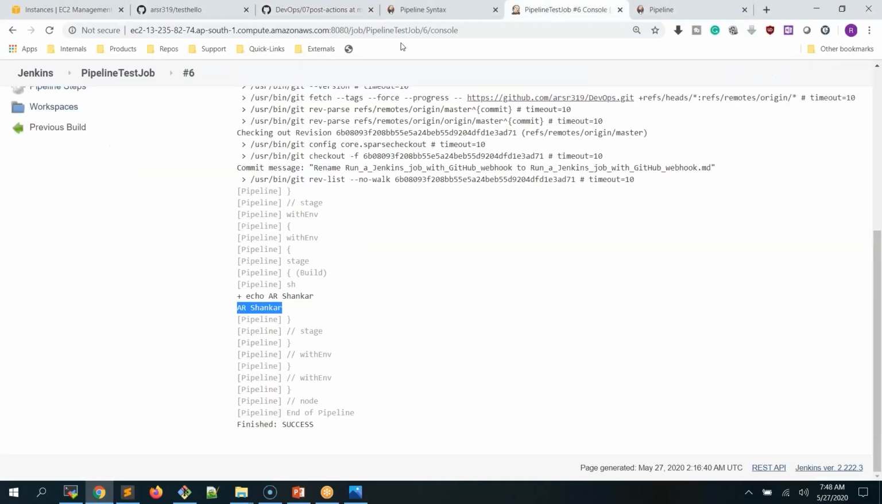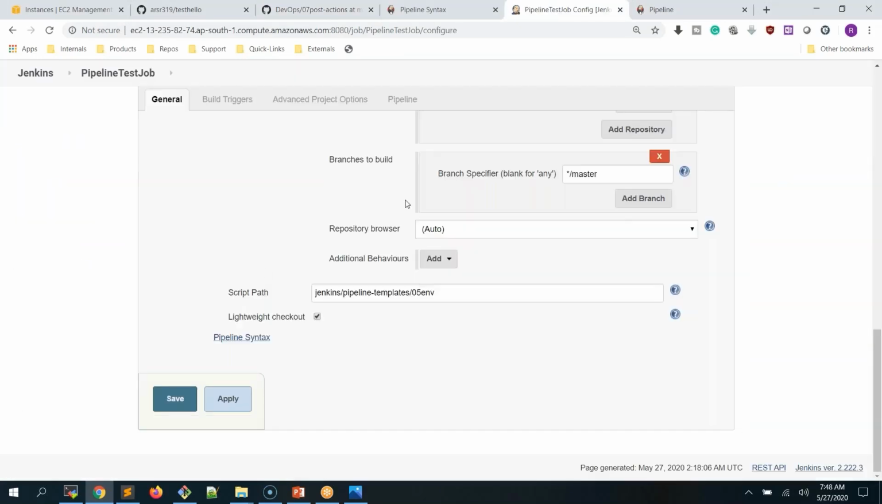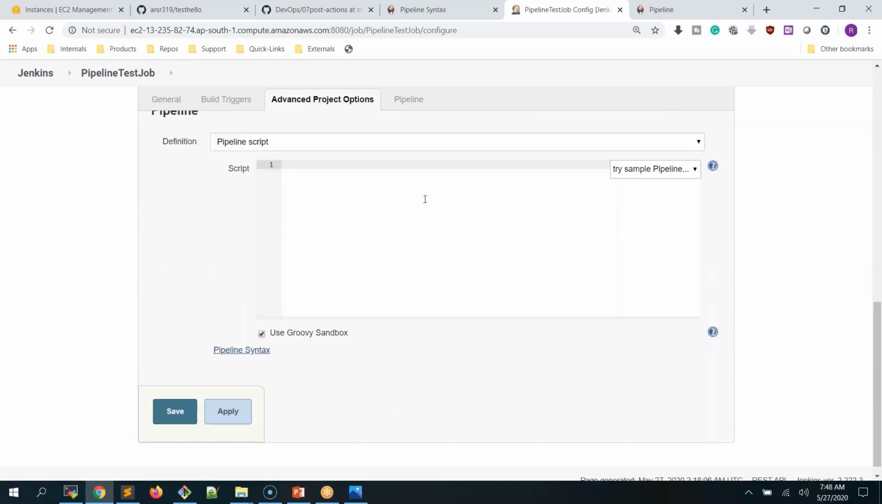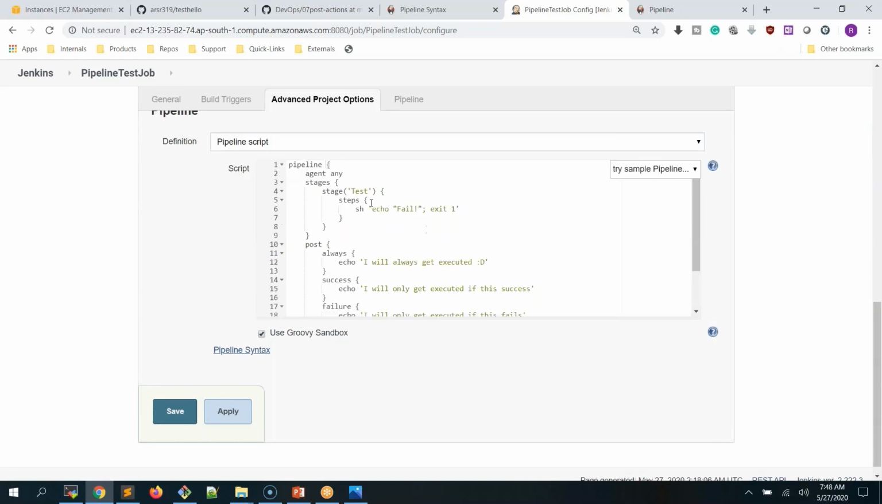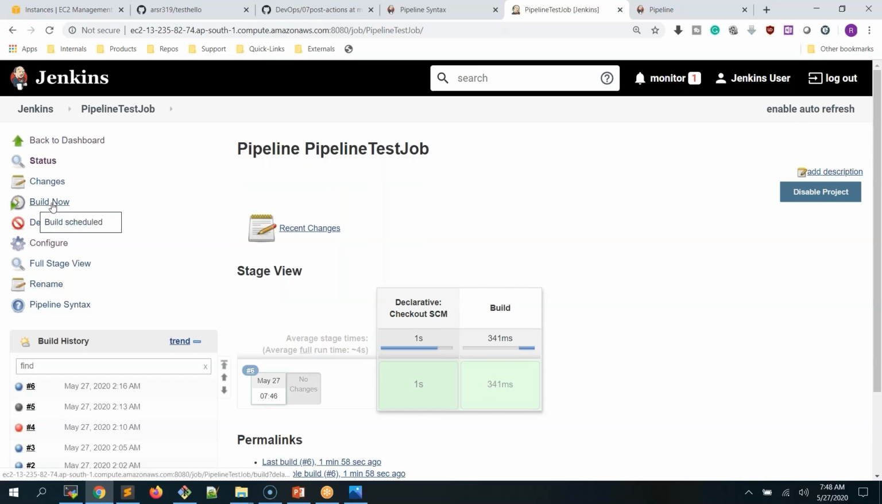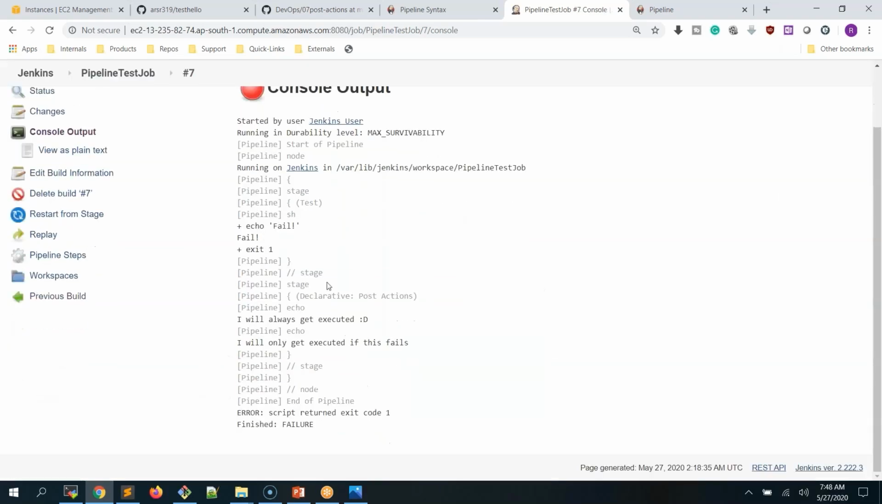So just going over here, I'm going to update the configuration, and this time I'm going to copy the declarative pipeline. So copy it. Now what will happen, if you see the above case, stage, step, echo fail, exit one, nothing but it is an abort in between execution. Apply, save and build now, and we'll see it has been failed. And whenever it is failed, we have given the failed condition, right? So you can see here,